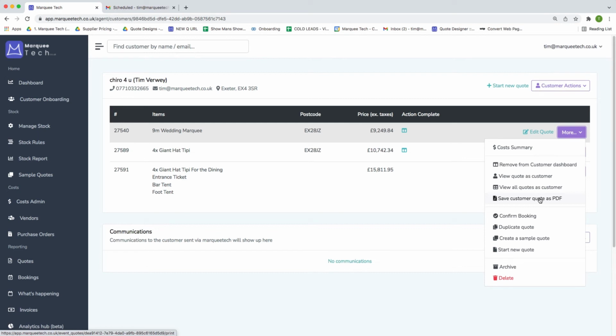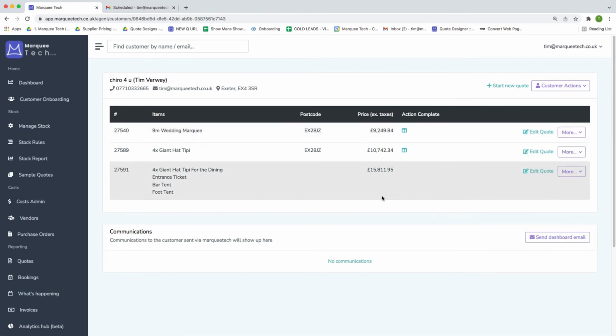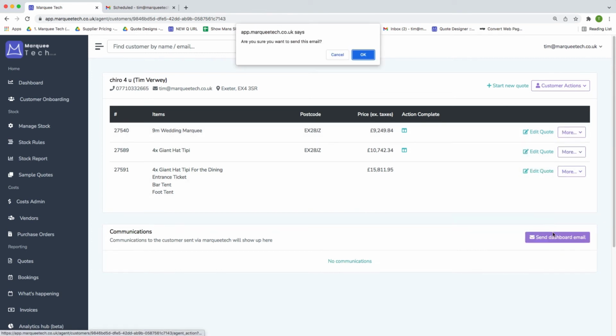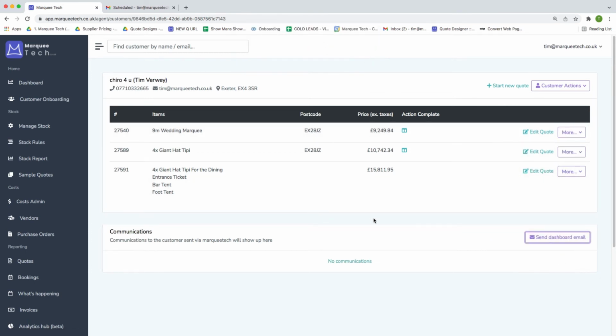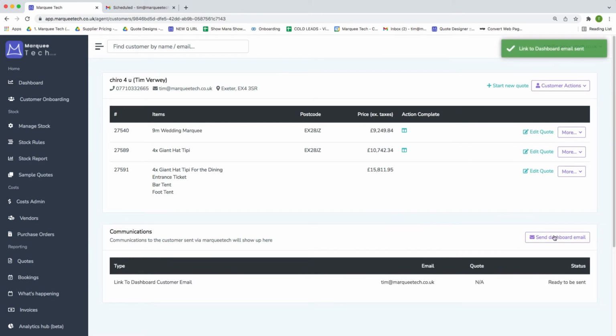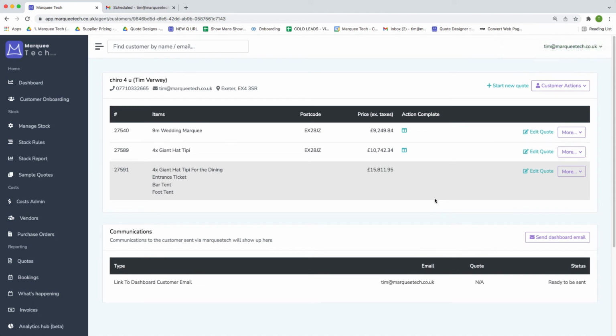We would definitely recommend doing as many digital quotes as you can, because there are so many benefits of having your quotes online rather than just using a static black and white PDF. One benefit is you can send the quote or the quotes with a click of a button using that button down there. That will send an email from your email address with your logo and a link to those quotes online. However, that's not very personal, so it's a great little tool for customers that you do a lot